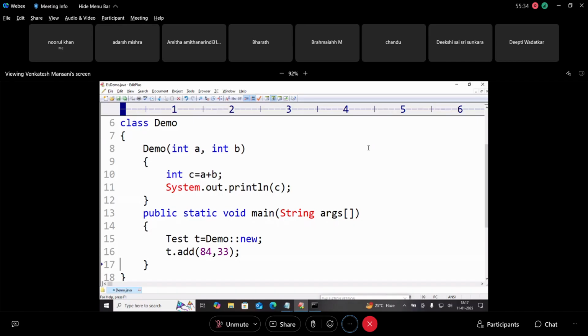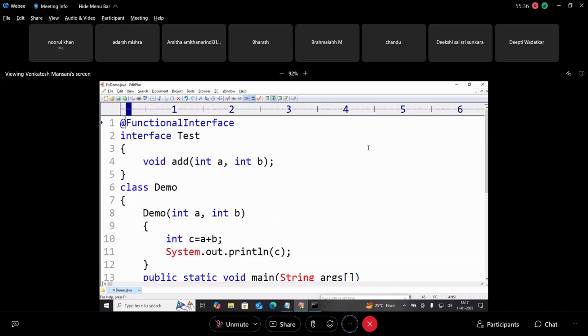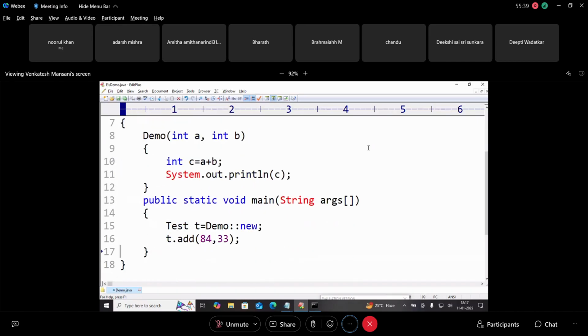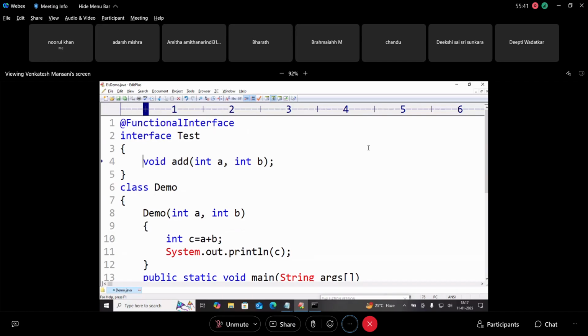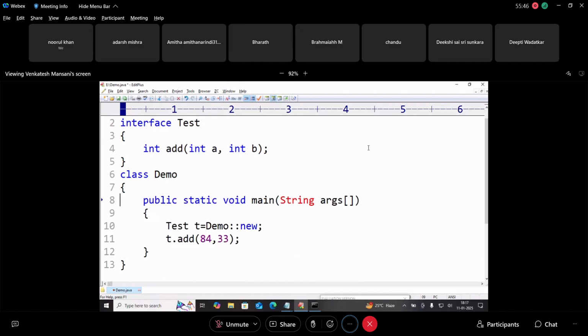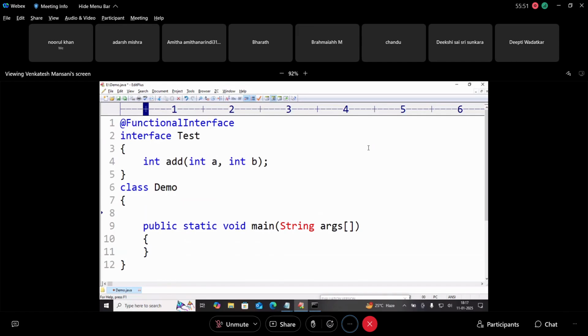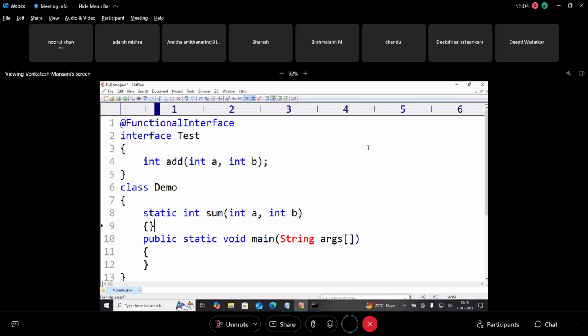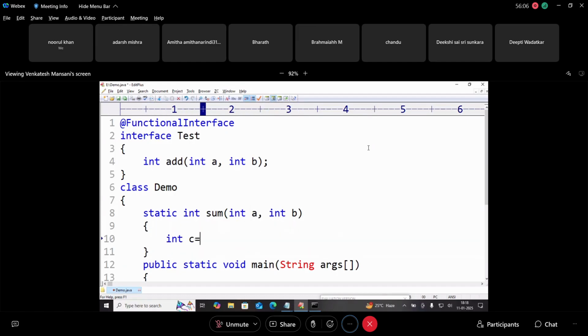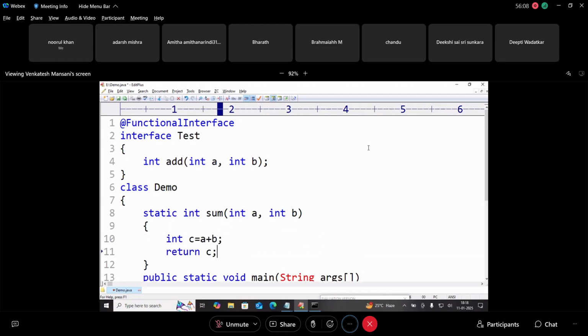Is it over? Now, one more example I'll give on this only. You observe, I'll make it as integer. Now, I want to write a class method reference. What are we to write? static int sum(int a, int b) { int c = a + b; return c; }